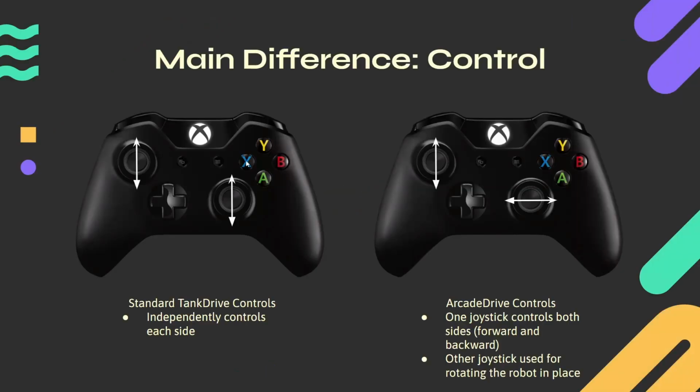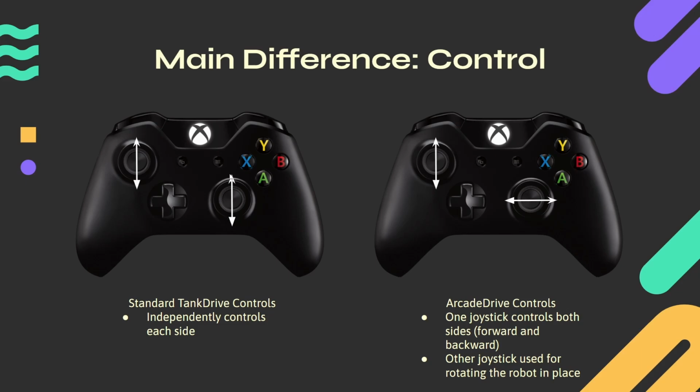The idea was that each joystick's y-axis independently controlled each side of your tank drive, right? So you move the left joystick forward, then the left side of the drivetrain goes forward. You move it backward, and only the left side goes backward. Same idea with the right joystick. You move only the right one forward, the right side goes forward, and the same idea for backward for the